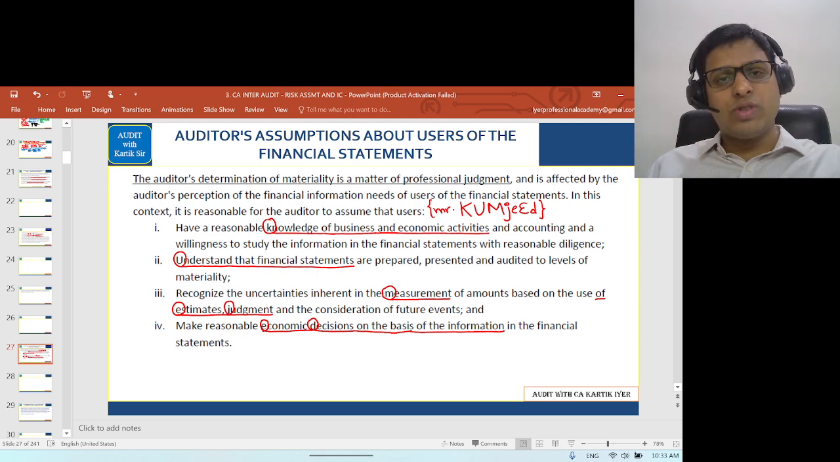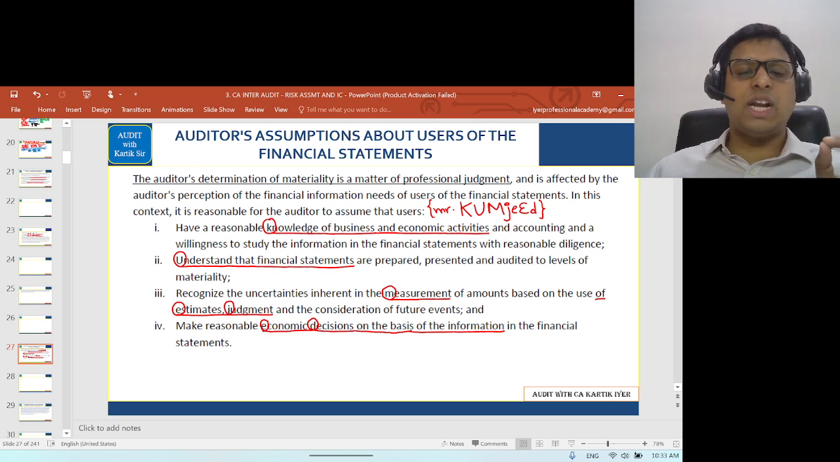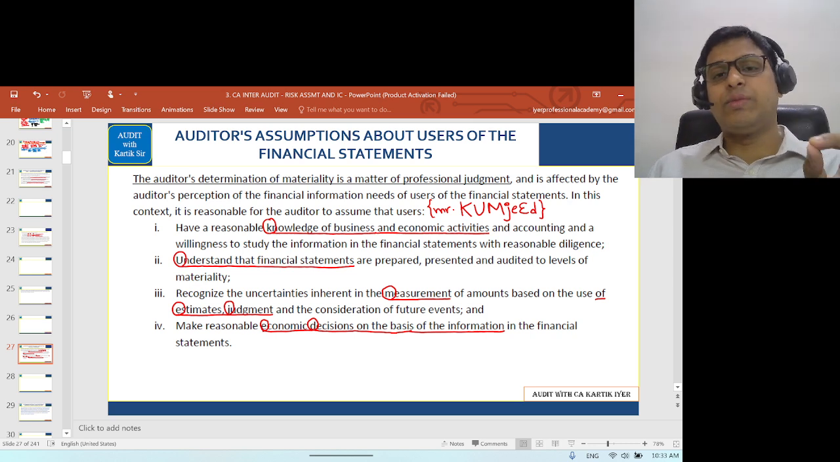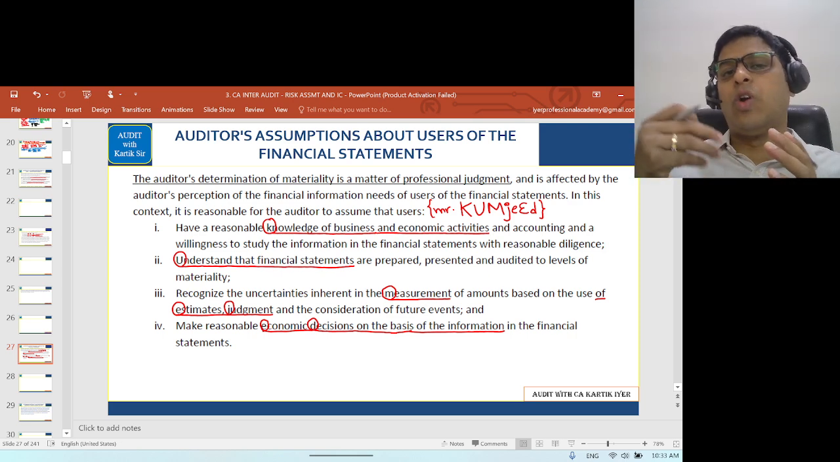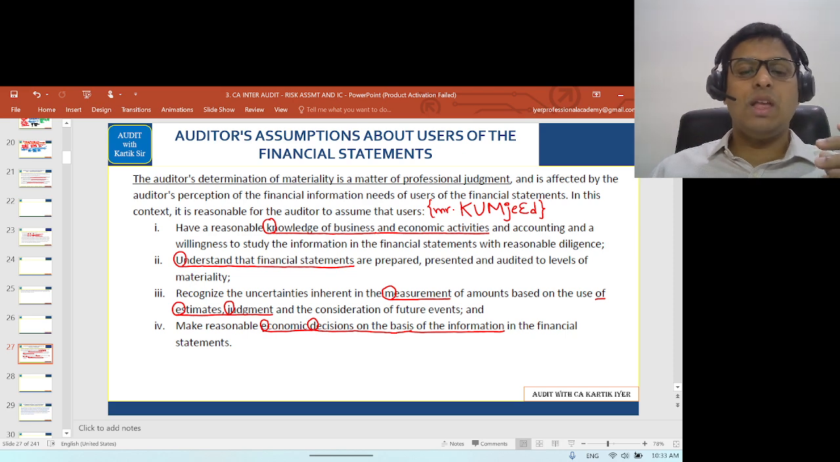We are assuming that the users, the shareholders, will have an understanding of the financial statements. They understand the financial statements and they understand the concept of materiality, that the auditor cannot check everything, and the auditor does the audit on the basis of materiality. Next is